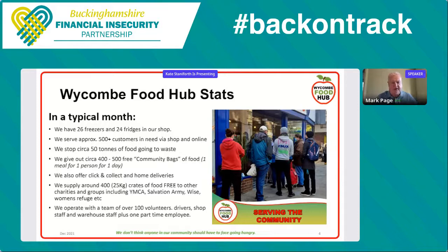I said we offer a click and collect and home deliveries, and this is something we're finding is really growing at the moment. There is some worry about COVID. People are a little bit scared still of shopping. So we offer a click and collect. You can go online, order the food and collect it from a service at the back of the shop, or you can go online and for a small fee, we'll actually deliver it direct to your home. So if you're struggling to get out, if you're housebound, disabled, whatever reason, we will deliver those bags